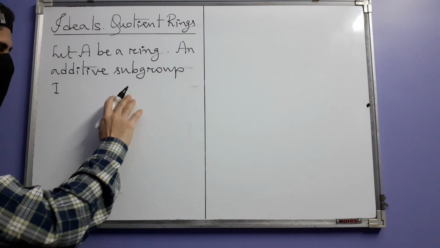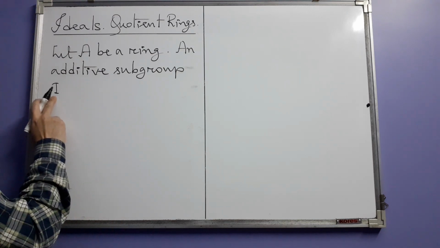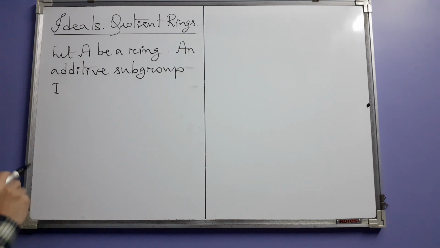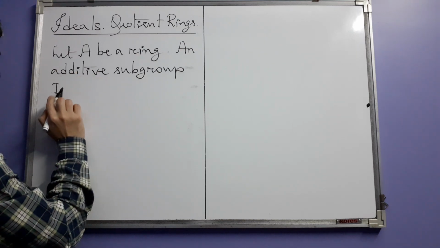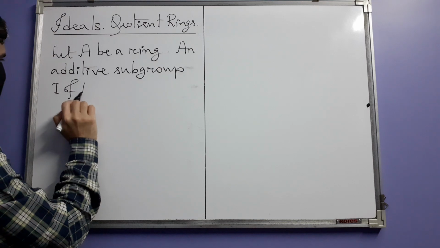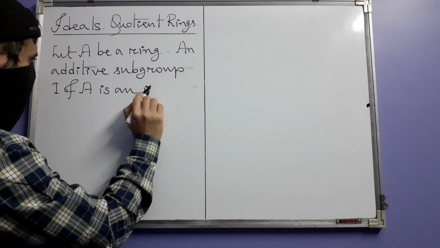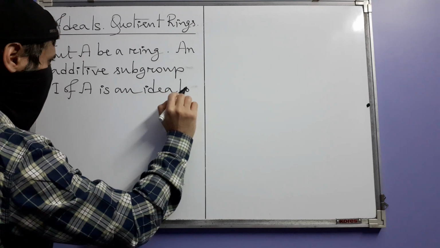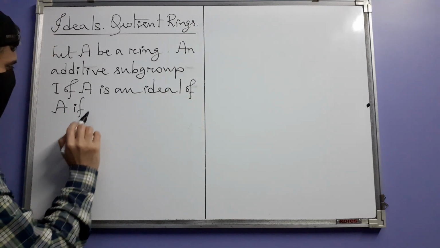We cannot, however, write German letters here. It's a little difficult to write. So we will just use our ordinary Latin letters. Okay, so an additive subgroup I of A is an ideal of A if